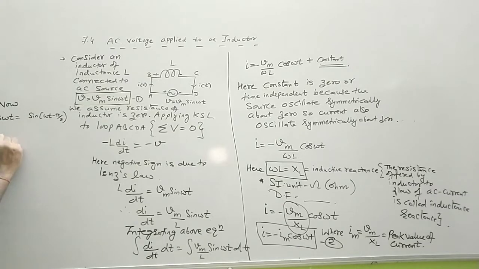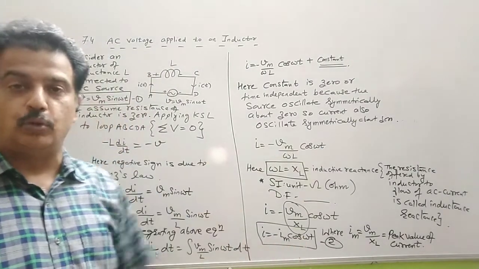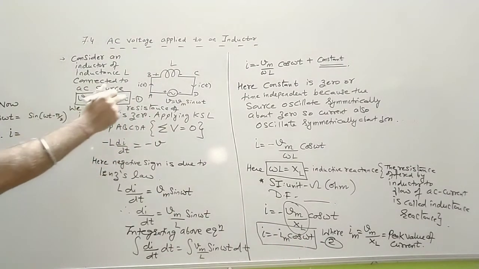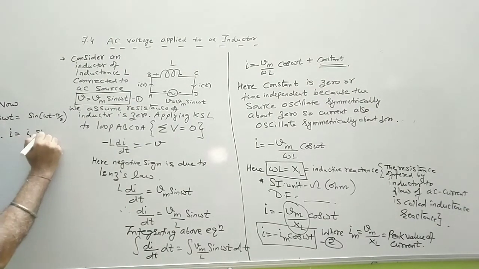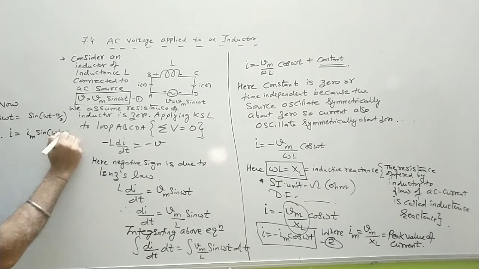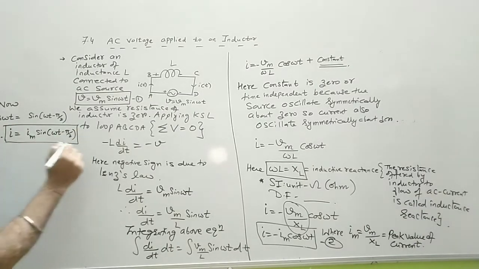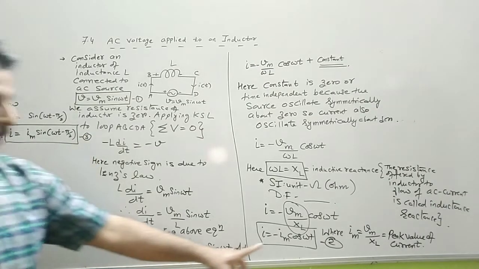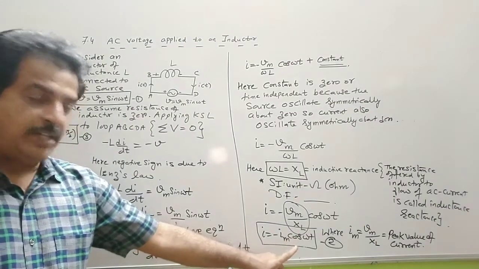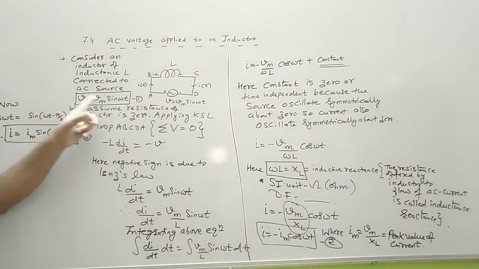Therefore I can also write the equation I is equal to, now in the place of minus cos omega t, because we have to compare this with equation 1 which is a function of sine, so it becomes I_n sine of omega t minus pi by 2. So for comparison purpose, we change the form of the equation. You remember we got this form of the equation, which is changed just to compare it with equation 1.